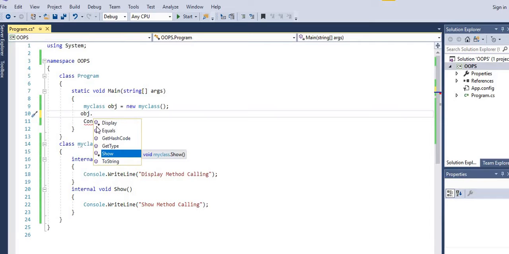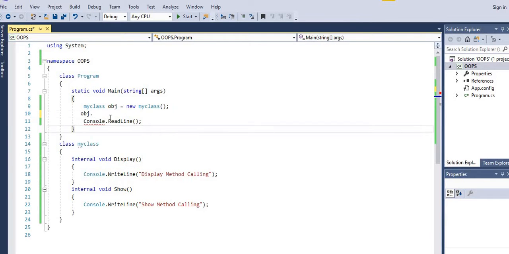Equals, GetHashCode, GetType, ToString, these methods have a different symbol. These are already predefined methods for this object, but these display and show methods are user defined. That means we created these two methods.